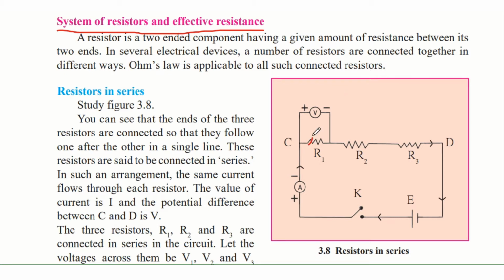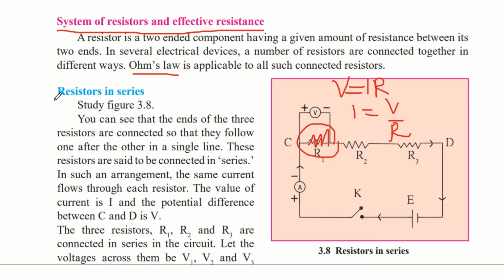So, we have learned that while drawing a resistor, no matter how it is drawn, there will be the same resistance across its two ends. But when we add different resistors, we can add them in different ways so that the effective resistance, that is the total resistance, can be changed. And we can apply Ohm's law in all of them. That is, after we find the effective resistance, we can use V is equal to IR to find the potential difference, or I is equal to V upon R to find the current passing through the circuit.